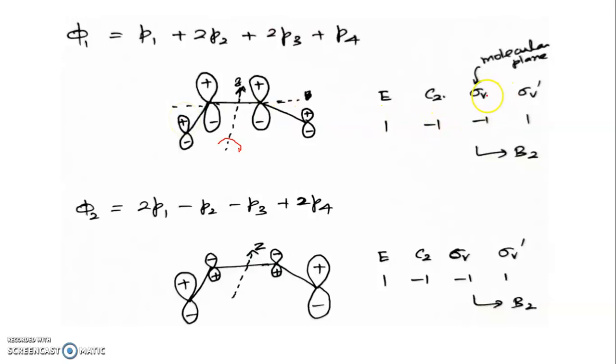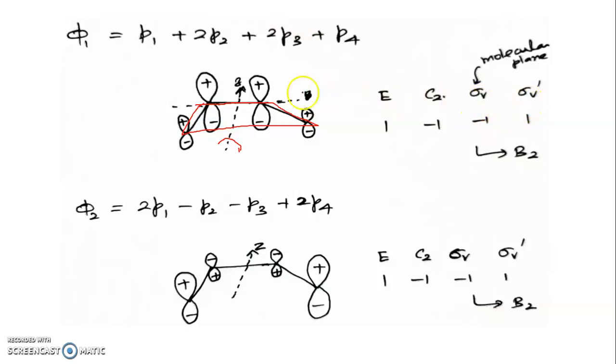Then sigma V, since in the question sigma V is given as the molecular plane, it is one which passes through the centers of these p orbitals. So you place a plane passing through these orbitals. It should pass like this, in between all the lobes. Are you able to see? If you do reflection, the upper lobe will reflect down and the lower one will go up. So sign will change. So give -1 for this operation.